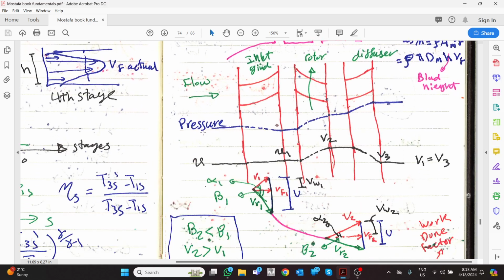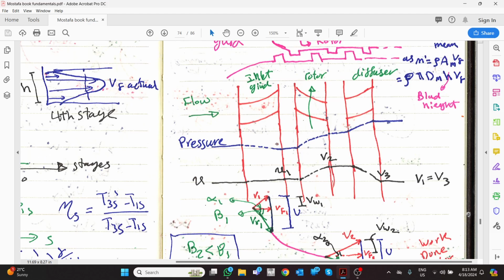What is the pressure going to do? There is a little bit of loss in the pressure due to the friction, then increasing the pressure, then in the diffuser also increasing the pressure as we agreed, while the velocity here is almost constant. Then the velocity increased, kinetic energy, in the rotor, then the velocity decreased due to the diffuser, changing from kinetic energy to potential energy. And the axial compressor is designed to ensure that it will return back